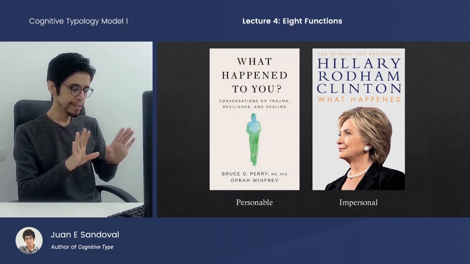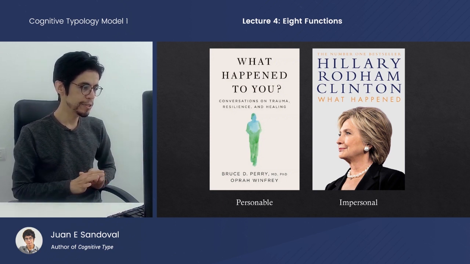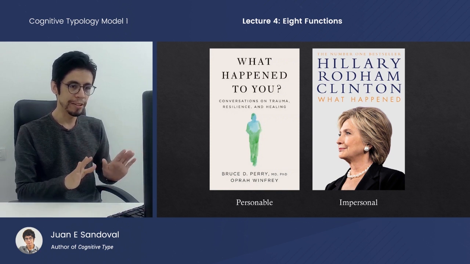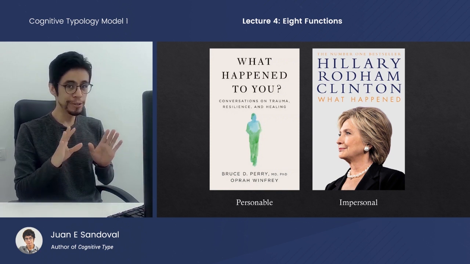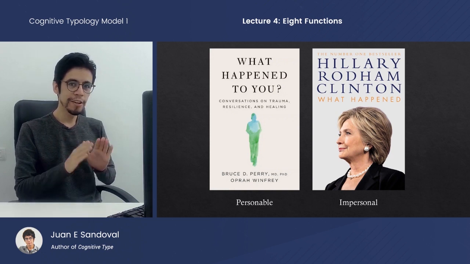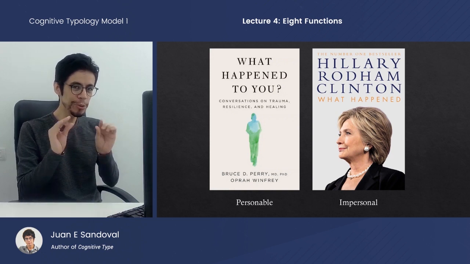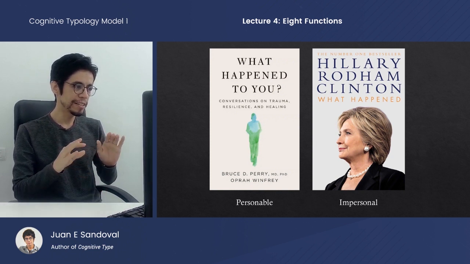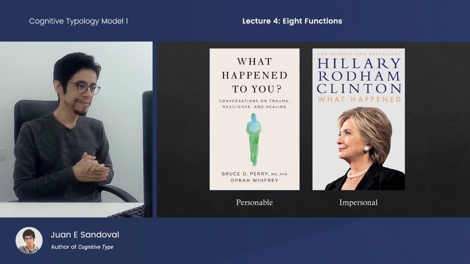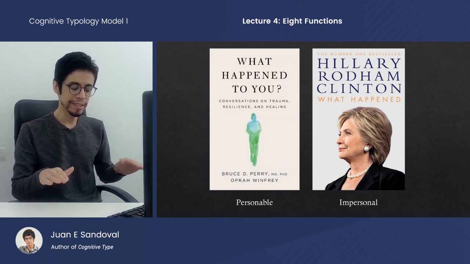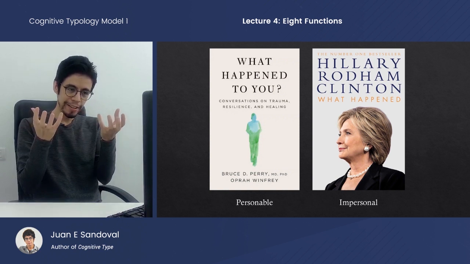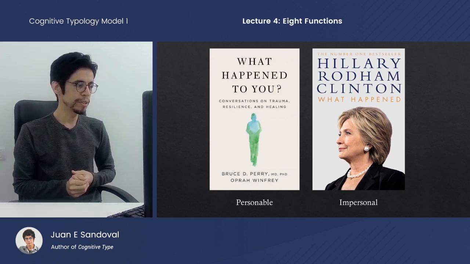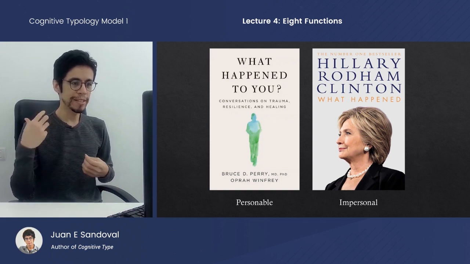And I don't want to push that anecdote too far. But I did think that this side-by-side comparison of these two books was very serendipitous because it encapsulates the difference very well. You have Oprah Winfrey's What Happened to You? And then Hillary Clinton's What Happened, right? The "to you" makes it personal on the Oprah Winfrey side, and just "what happened" is very matter of fact, an objective account of the events by Hillary Clinton. So in this side by side, you can kind of encapsulate the entire difference between the two. One is personable and one is impersonal.